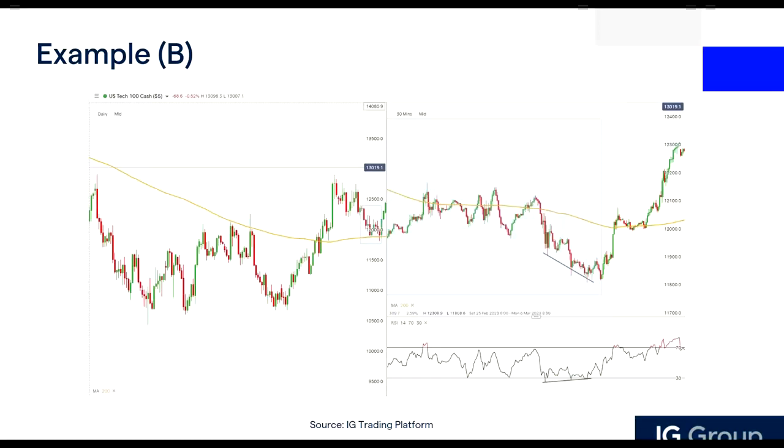So more often than not, if you are trading these pullbacks and you are using moving averages, you notice that there will be some sort of conflicting signal in the shorter time frame, but it's totally okay. So what we want to do is, the main intention is still to go with the direction of your longer term trend indication, and then just look for potential reversals here in the shorter time frame.